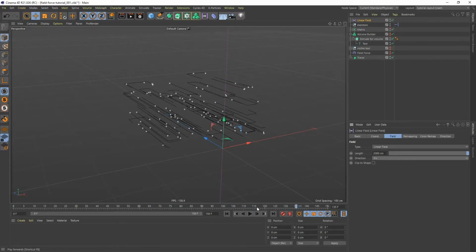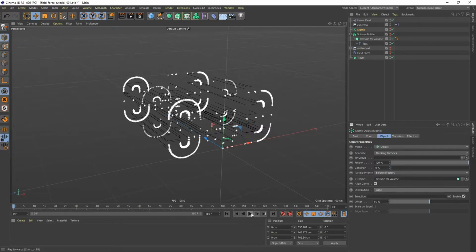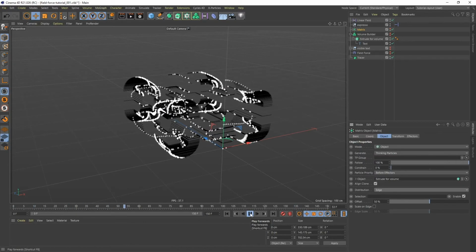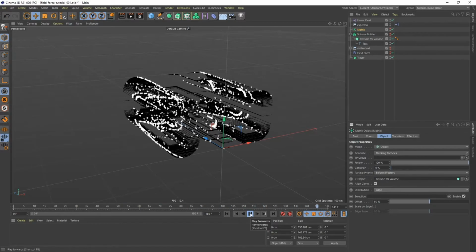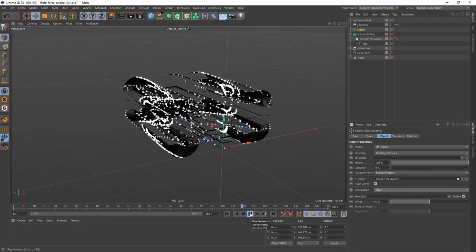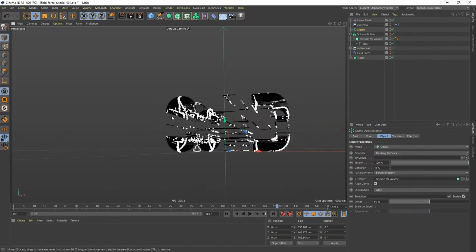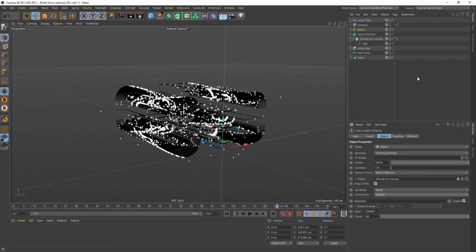And you can do some pretty interesting things. For example, if you go into the matrix and you say instead of distribution surface, what if you do say edge, rewind and play? You can get some really cool stuff that we certainly couldn't do before R21. So I've only just scratched the surface on what we can do with this, but it is really, really interesting. But anyway, I'm going to set this back to surface,